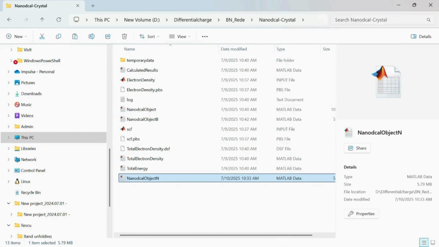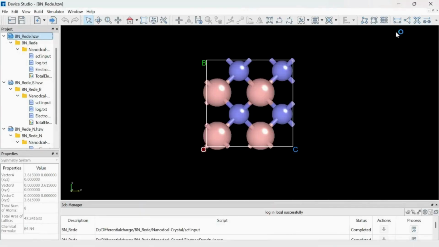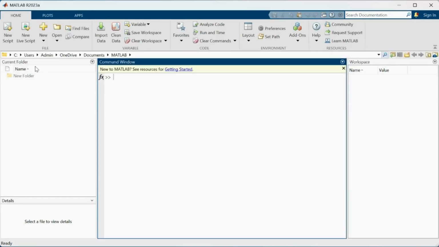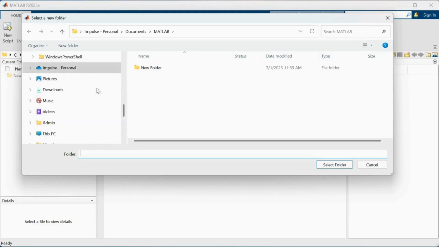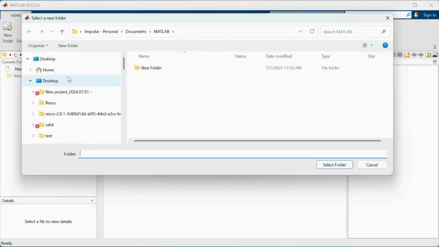Let's open MATLAB. In MATLAB, we basically find the differential charge. Let's open your project first. A project in D folder.